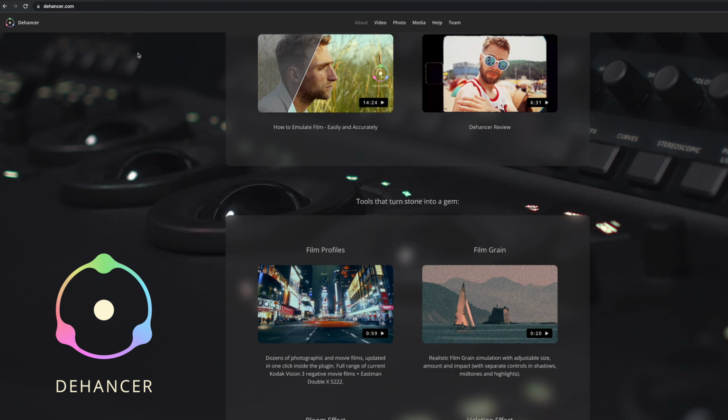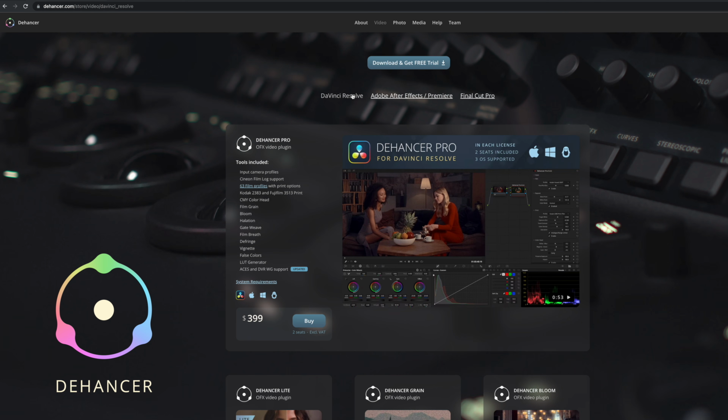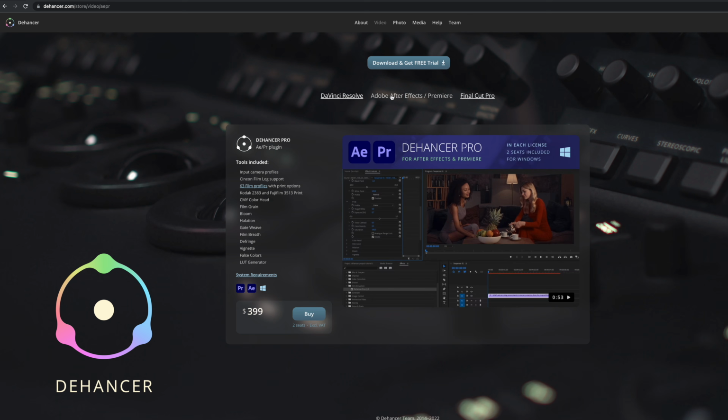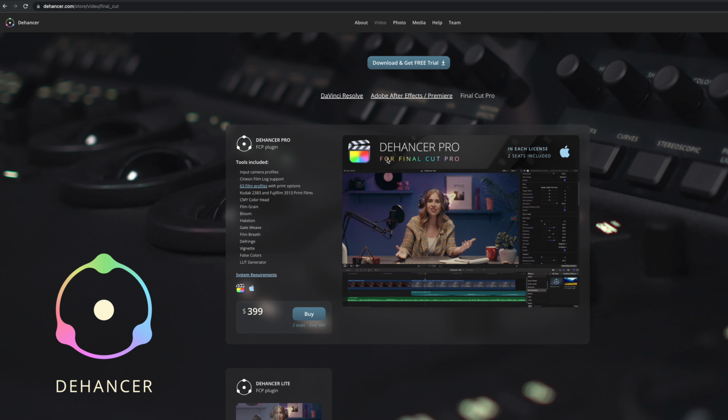Hello epic people, Mike here, and today I'm going to be sharing my experience using a Dehancer plugin for Final Cut Pro X. For those of you who are not familiar with Dehancer, it is a plugin that you add as a finishing effect to your grade to emulate certain film stock along with different effects that will give you